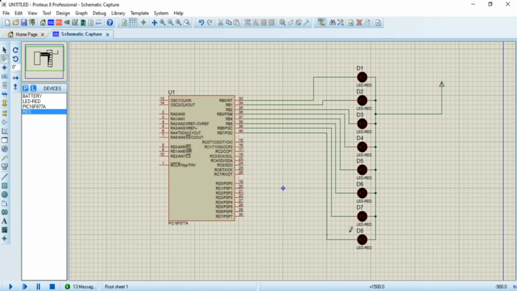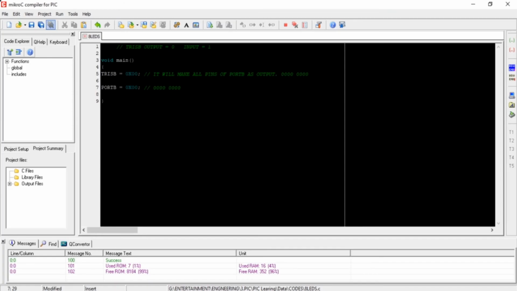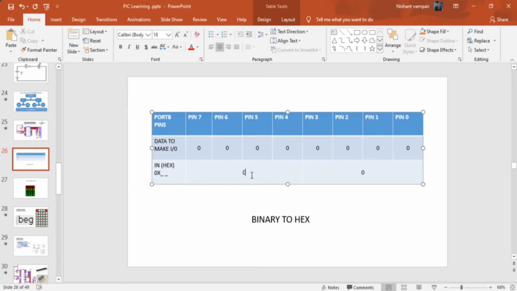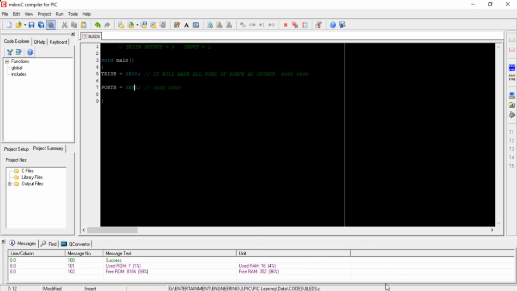Now we are going to provide some different data on this port. Let's suppose I am writing F0. F0 means it will make these 4 pins 1 and these 4 pins 0.